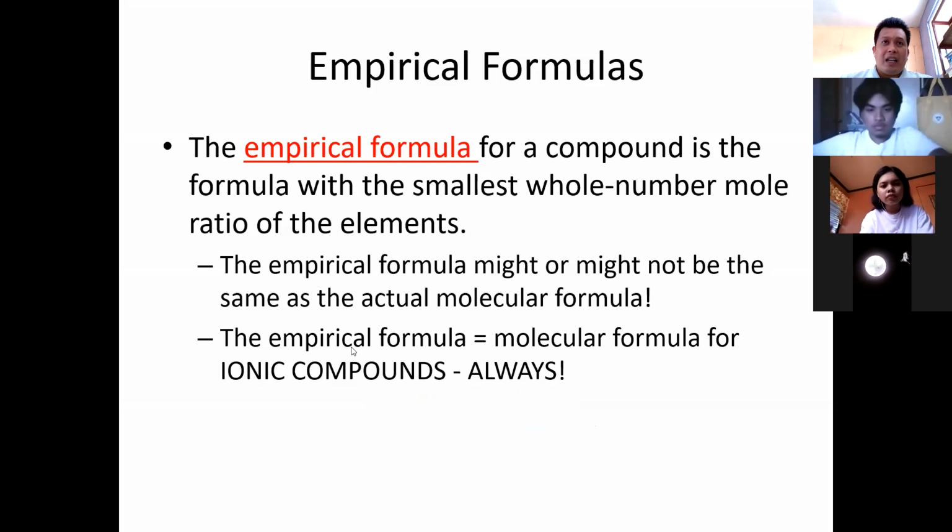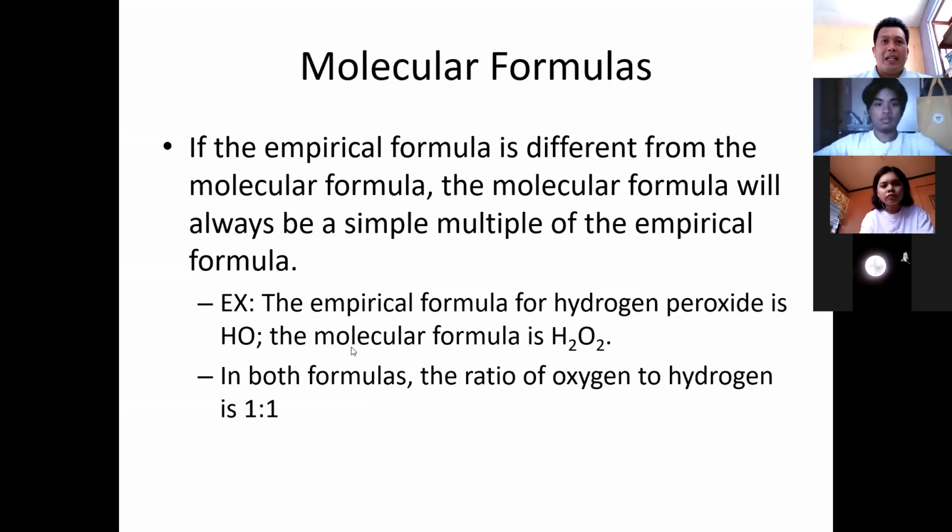It is seen from the subscripts of your element in the said molecule. Whereas when you talk about molecular formula, it's the complete set of atoms present in a given molecule. The simpler version of a molecular formula is an empirical formula, which means that if you're going to expand an empirical formula, the result is also the molecular formula.